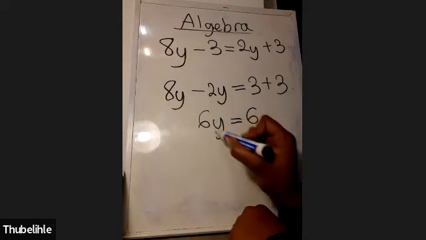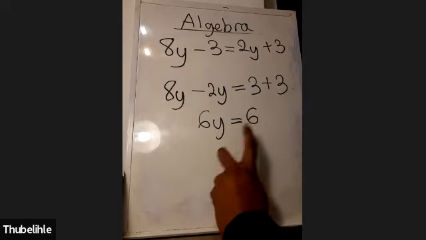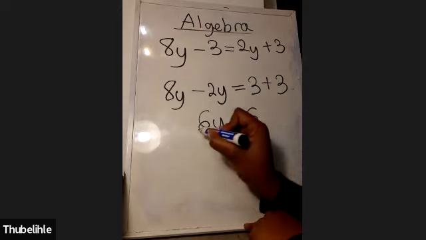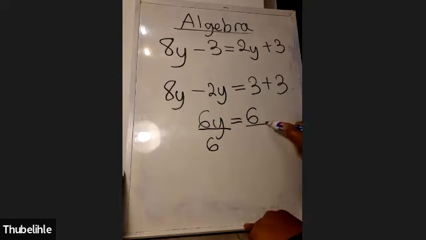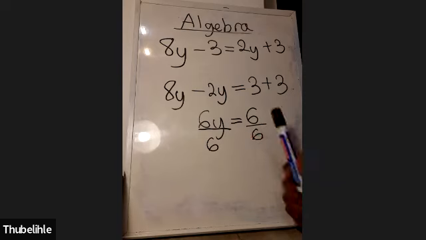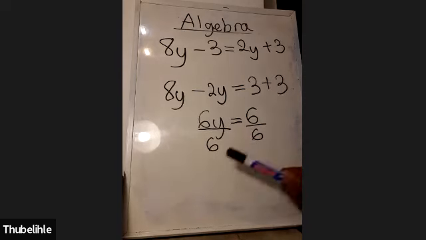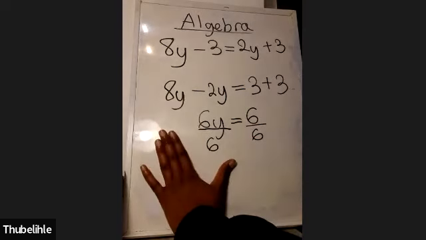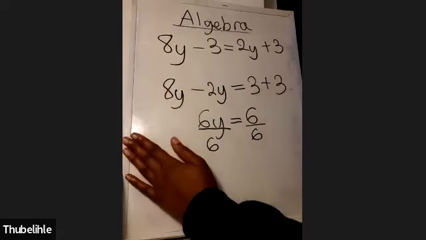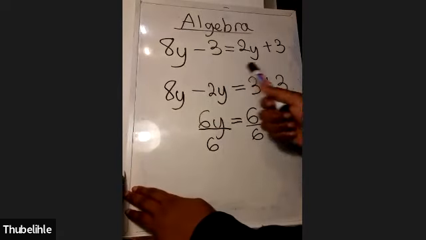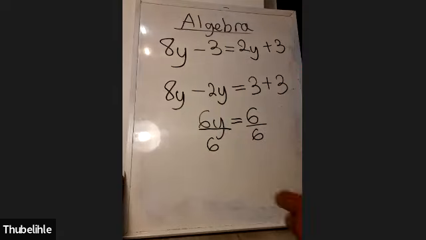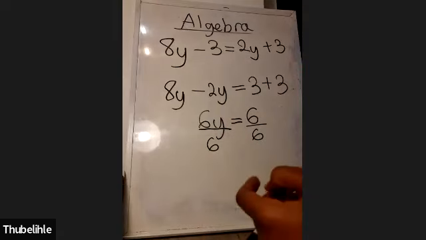So how do we make sure that this y is left on its own? We divide both sides of the equal sign. So remember what I was telling you, that in maths, whatever you do on the top, you do it at the bottom. Whatever you do this side of the equal sign, you do this side of the equal sign, okay? Here, we just say it's jumping the equal sign, but in actual fact, what we are doing, the reason why it changes sign is that we are saying